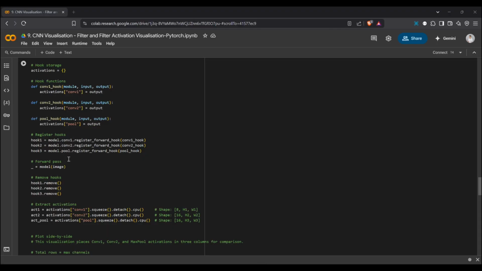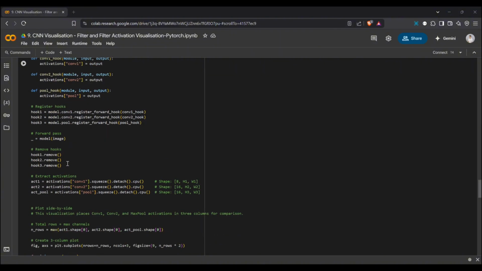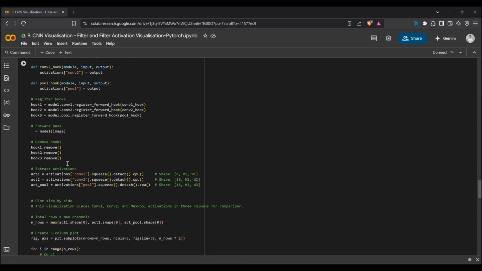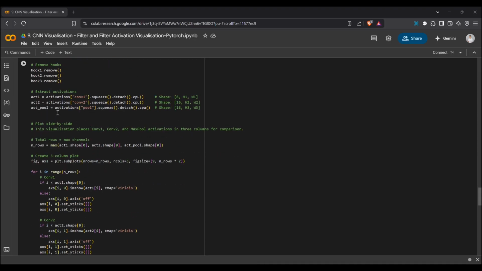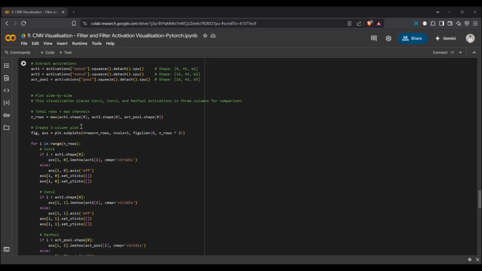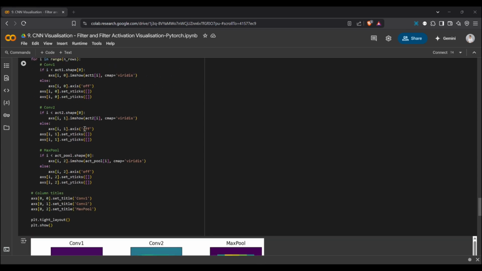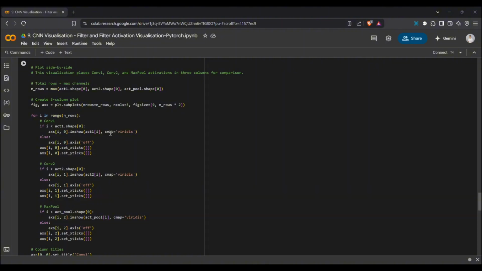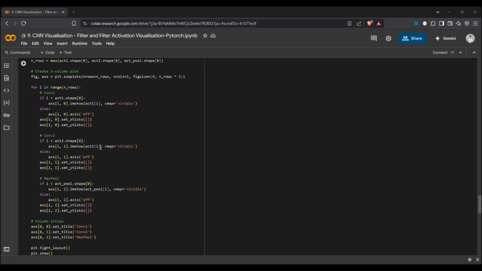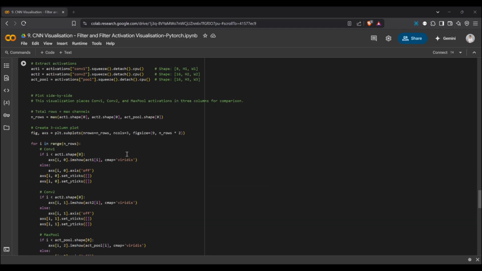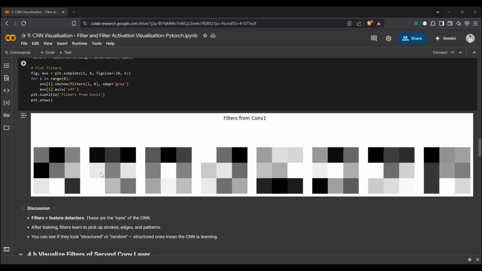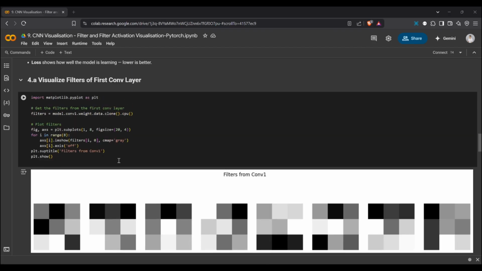Then we extract the activations, and in this loop we plot these outputs as images to understand what each filter is learning. These filters are already set by the PyTorch nn module.